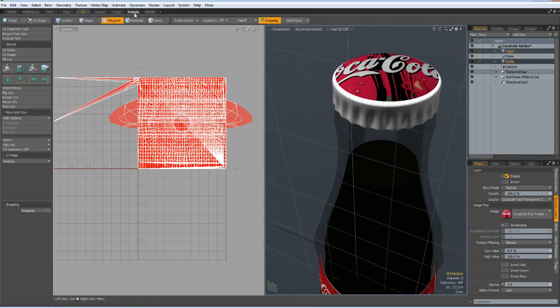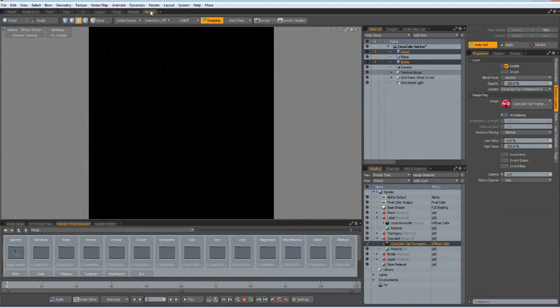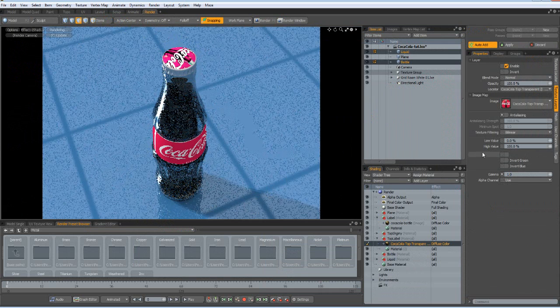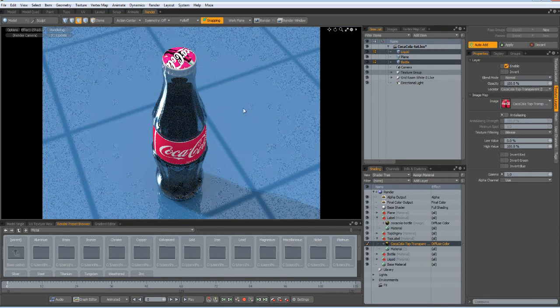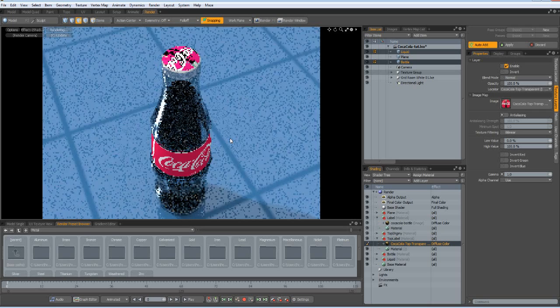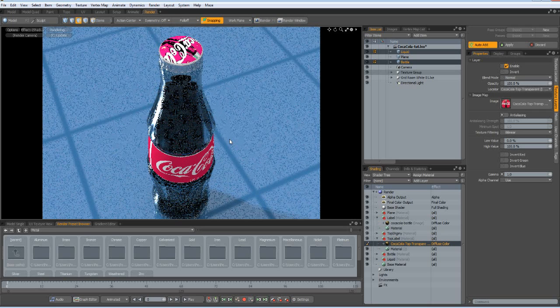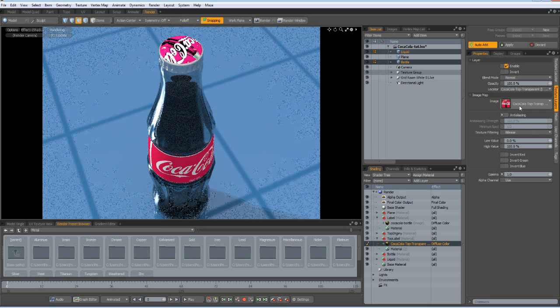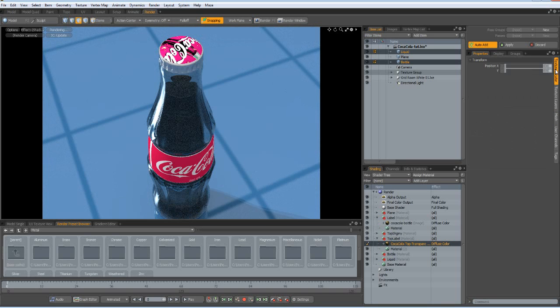Whoops. Now, let's do it the same, without UV maps. These are very simple labels, and as long as you don't want to have multiple such bottles, then it's perfectly okay to do it this way. So, again, on the texture locator,